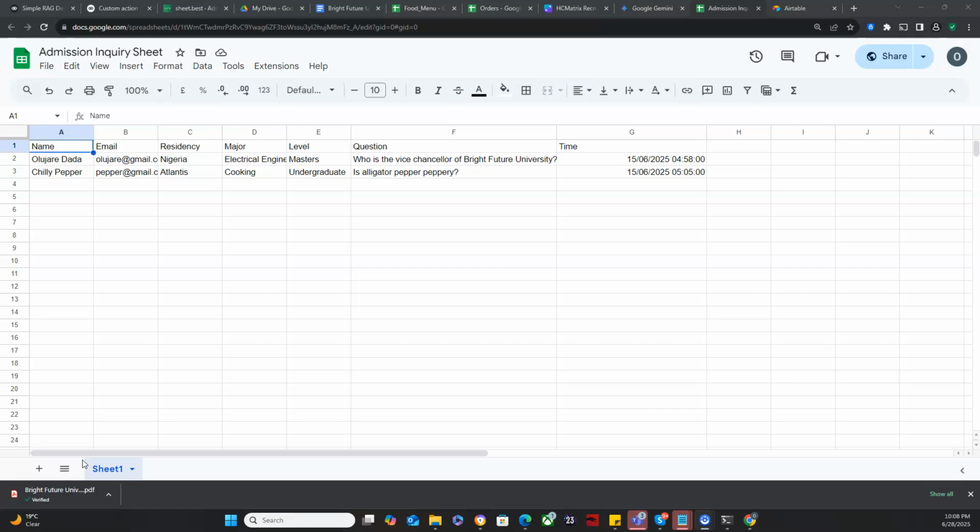While Sheetbest gives us a simple API connection to our Google Sheets, Airtable helps us manage the entire Google Sheets online, right? So you not only get API connections to your sheet, you're also able to